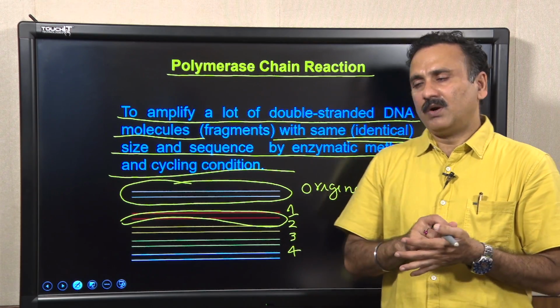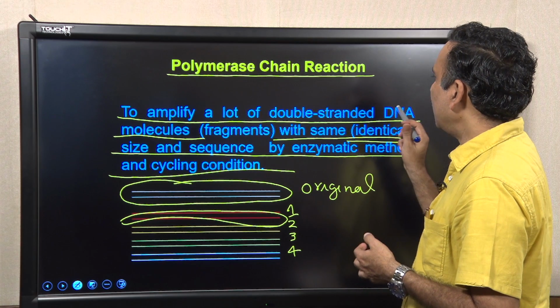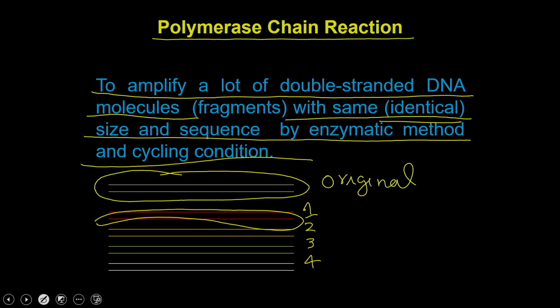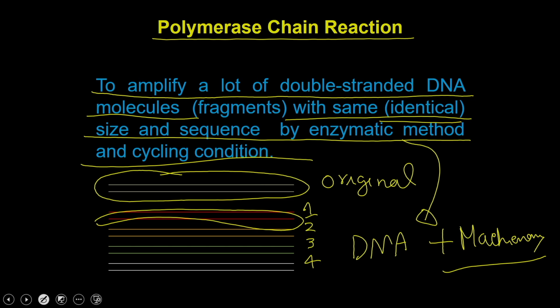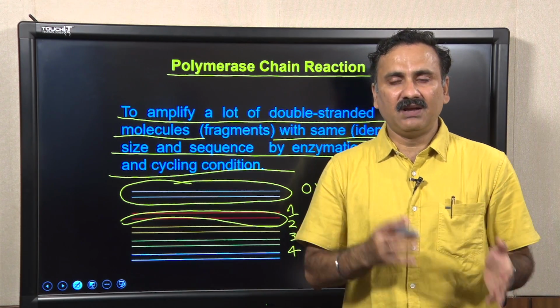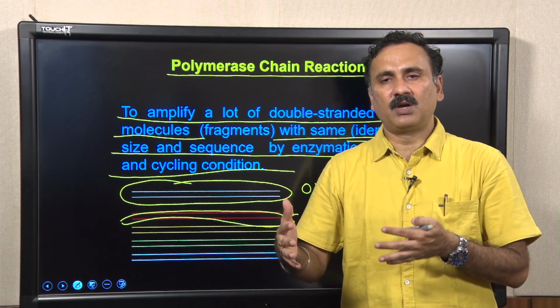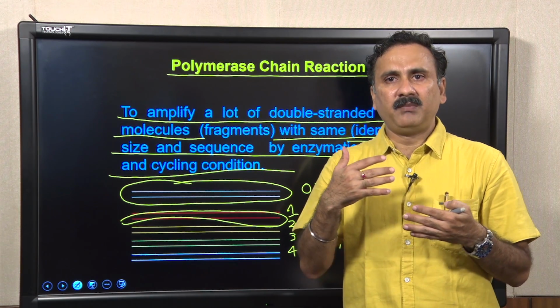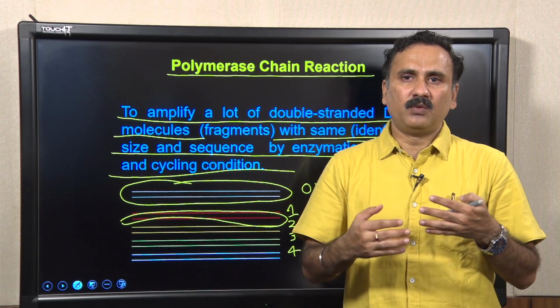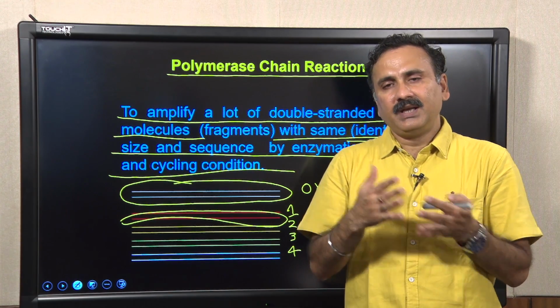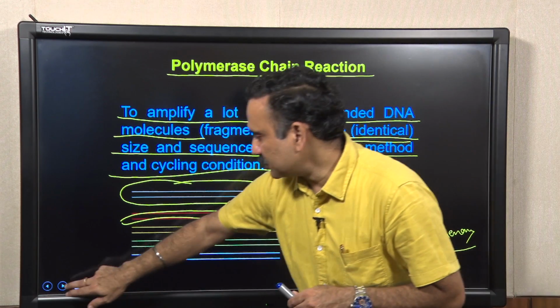So, if you want to understand the process of polymerase chain reaction, you have to understand two basic components. One, you have to understand the DNA. The second, you have to understand the enzymatic machinery that is important for amplifying the DNA. So, let us start with understanding the DNA first, and then the machinery, and then subsequently we are also going to understand how people developed the technique, and all the technical aspects related to polymerase chain reaction.